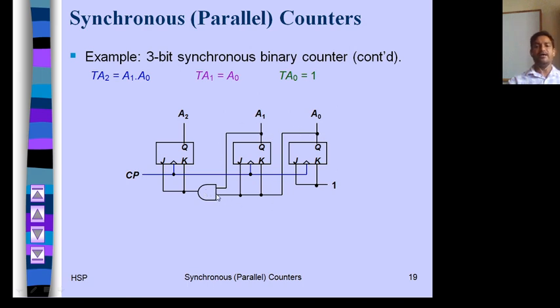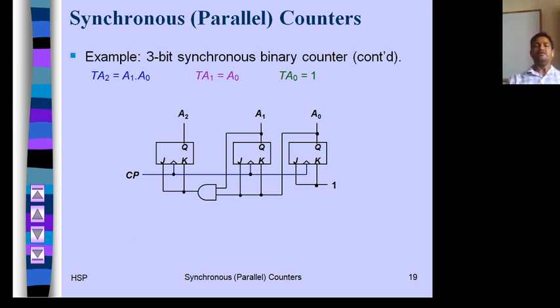Okay, and TA1 is nothing, it is A0. So J1 K1 will be A0. Now TA0, it is 1, so J0 and K0 will be 1. Okay, it is all about your 3-bit synchronous counter or mod 8 synchronous counter.